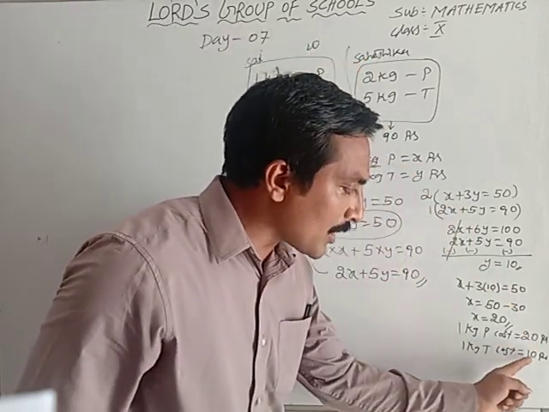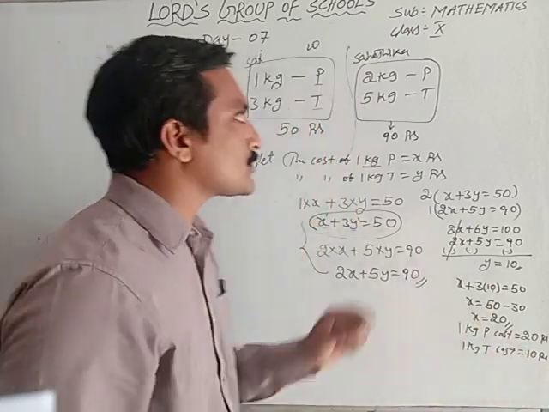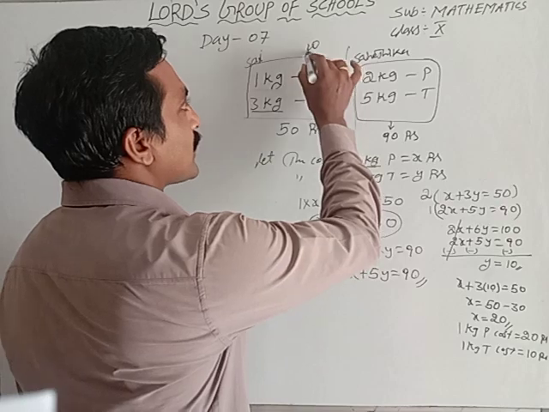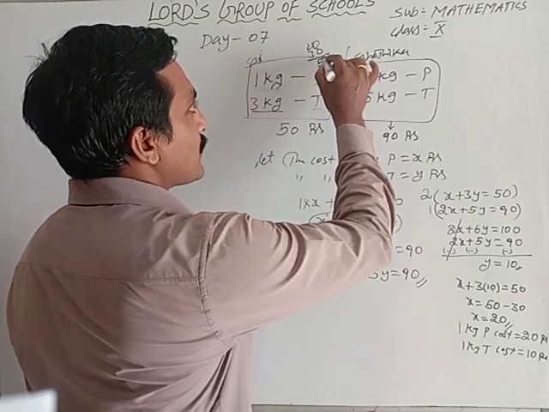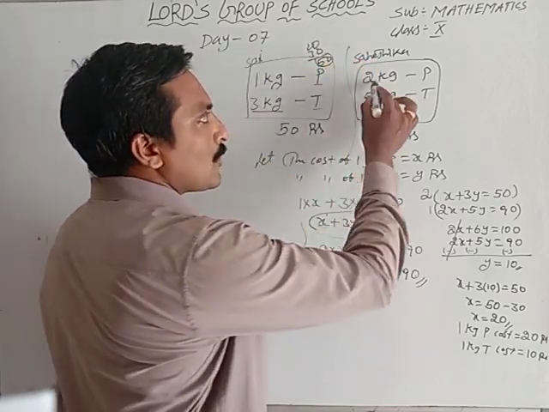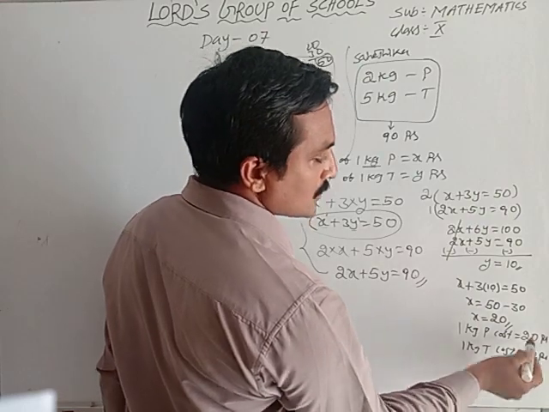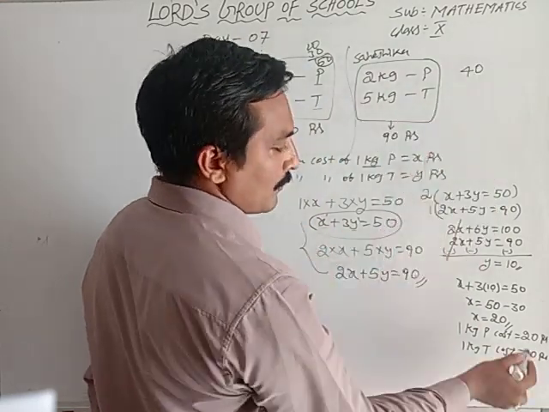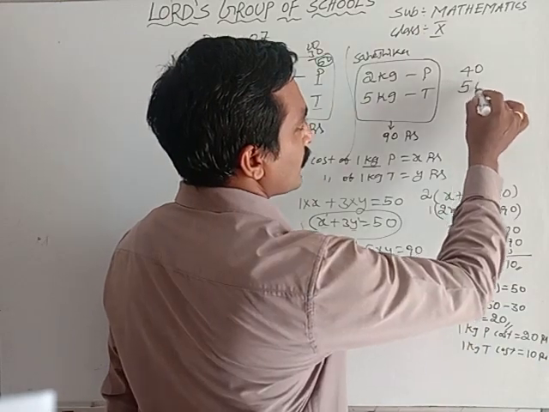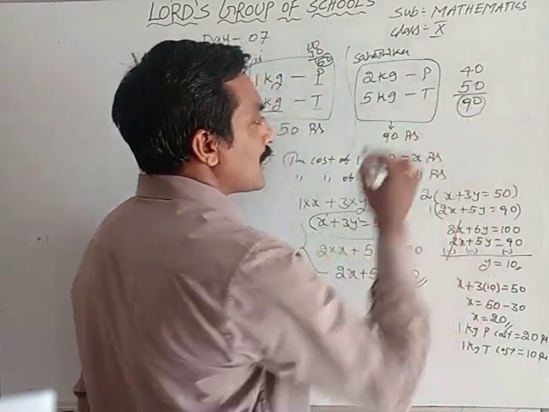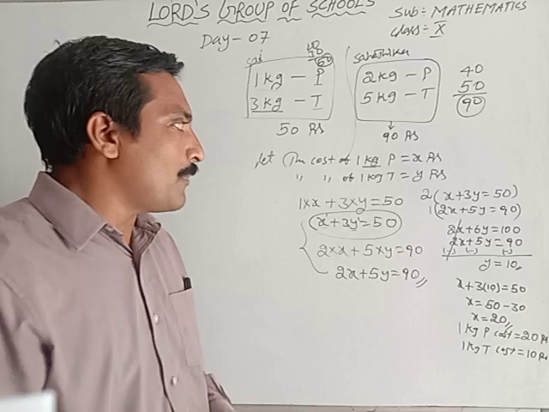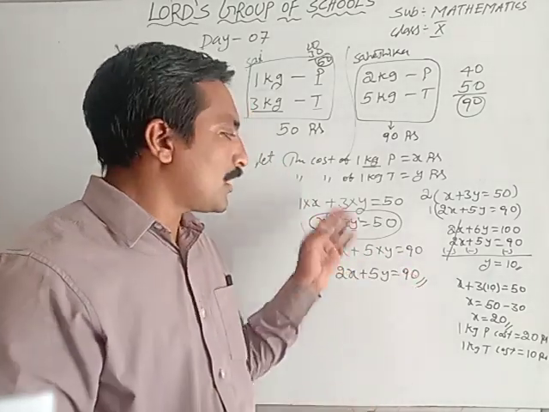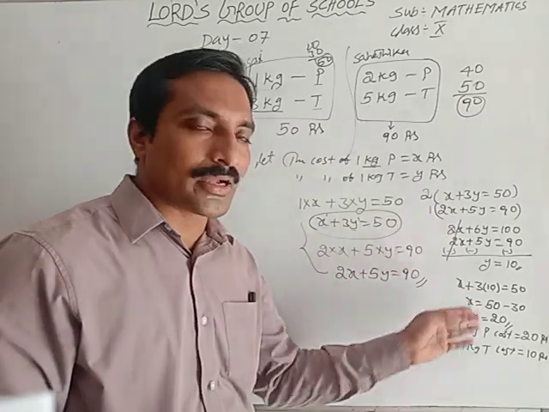See now, here 1 kg potato means 20 rupees. Tomato, 1 kg is 10 rupees, 3 kgs purchased, 3 into 10, 30. 20 plus 30, 50 rupees, clear. Here 2 kg potato, each kg potato costs 20 rupees, 2 kg means 40 rupees. 5 kg tomato, 5 into 10, 50 rupees, total 90 rupees. So like that you have to find it. With only one equation, you will not get a proper value. If two conditions are there, like that you have to solve.